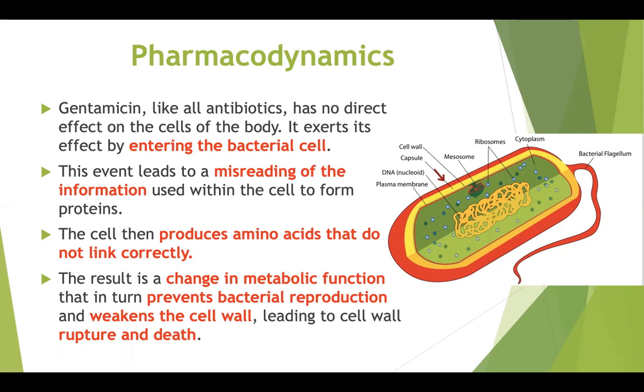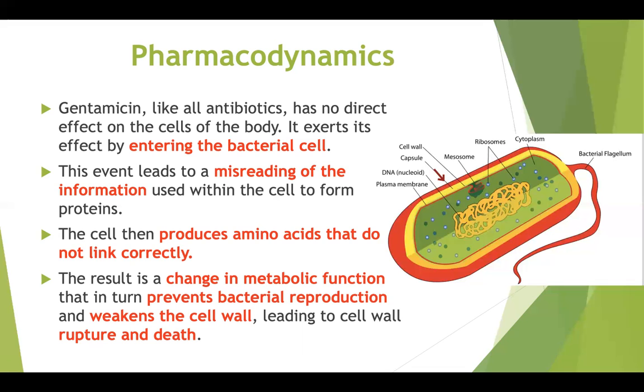But because of the entry of gentamicin in the cells, it will cause a misreading of information. So it will cause confusion inside the cell. Therefore, the cell produces amino acids that do not link together. Because these amino acids do not link, the result will be a change in the metabolic function, which in turn prevents bacterial reproduction, and then it weakens the cell wall,